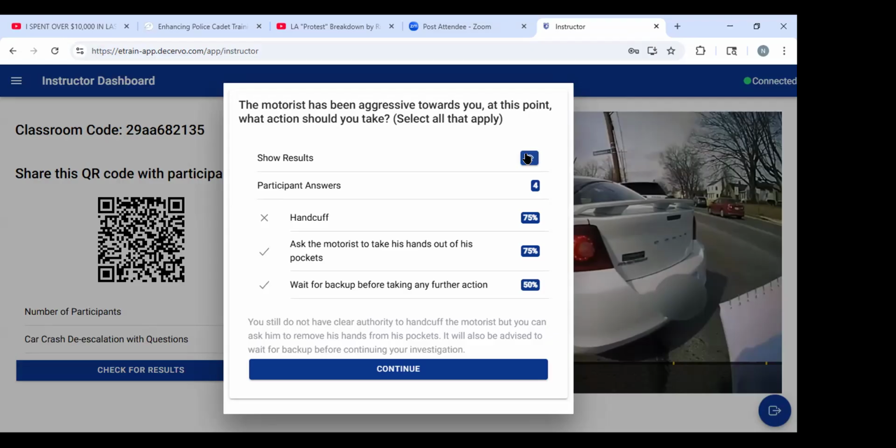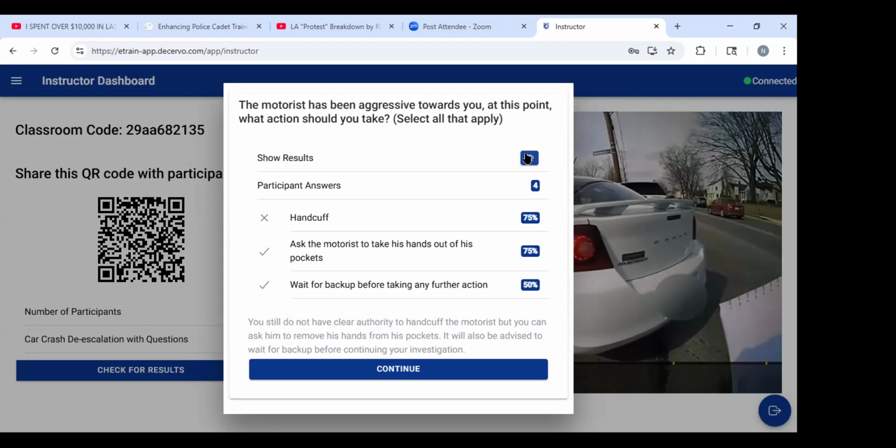But if I was teaching this class and these are the answers that popped up, first thing I would ask is, hey, what's your legal authority to do so and why? Obviously, I'd maybe reword the question a little bit where it says ask the motorist to take his hands out of his pockets. Honestly, I guess it's probably as good as it gets because that's the first thing that we need to be able to see is their hands. Probably asking them questions as to why and what legal grounds do you have to do so based off of your answers. Right. That's great. You could ask like three-quarters of the class what legal authority they had at that moment to handcuff. That's a good question to ask at that moment.